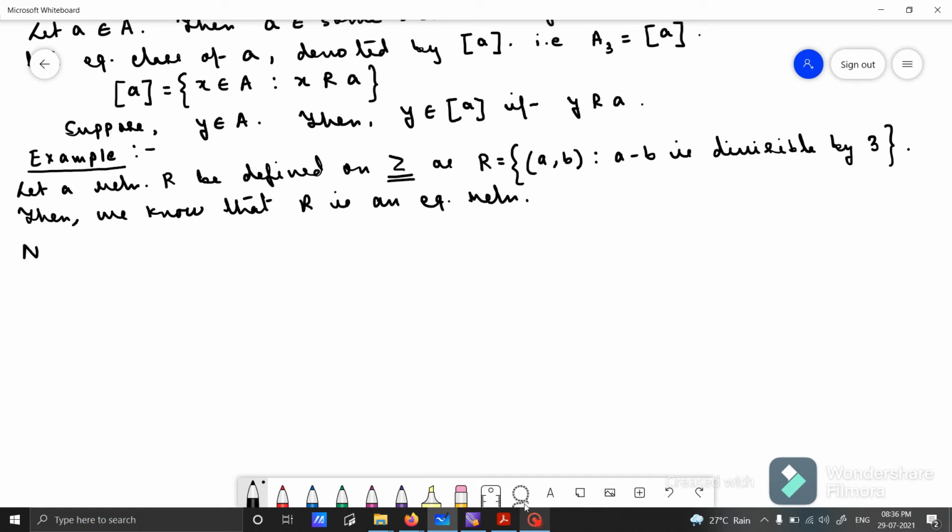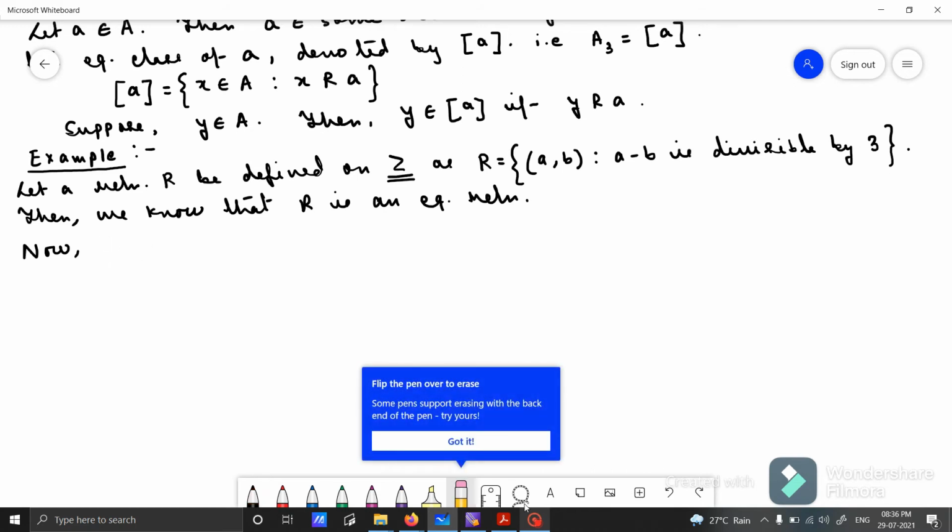Now before going into the partitioning, let me tell you one more thing. This particular relation, that is a minus b divisible by 3, then only that ordered pair belongs to R. This is also written as